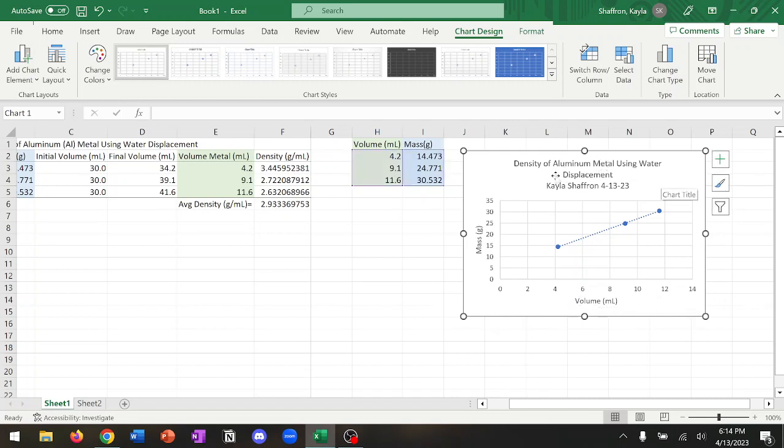All right, so now I have a descriptive title. I have my mass in grams. I have my y-axis labeled, right, with units, okay? We have our x-axis labeled with our units. And then I want to click on this data, and remember that if you're in the